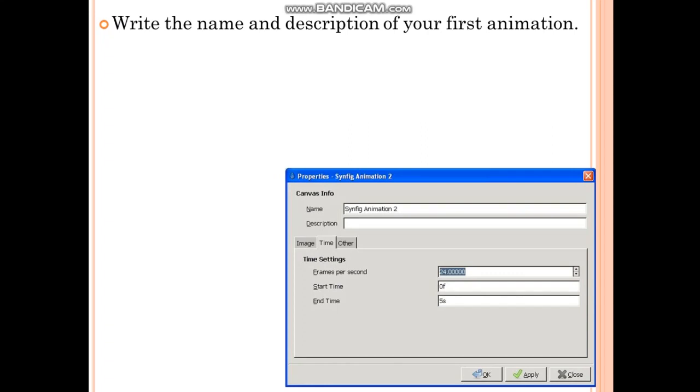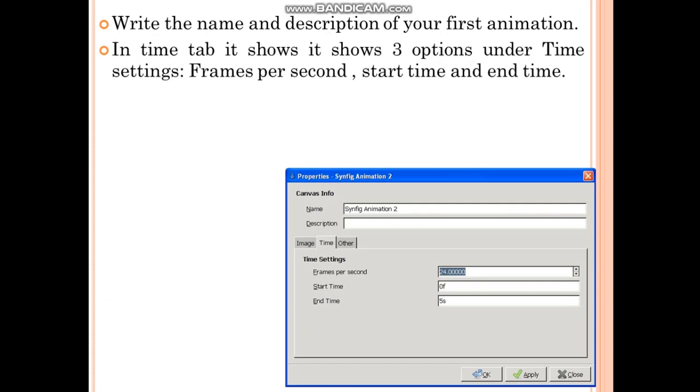When you select the caret, Edit Properties option, it will show you this dialog box. Write the name and description of your first animation. You can write the name, and the description, if you want to write it, you can write it. In the time tab, it shows 3 options under time settings: frames per second, start time and end time. Remember, the short form of frames per second is FPS.